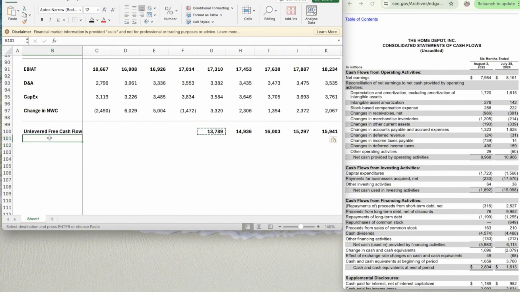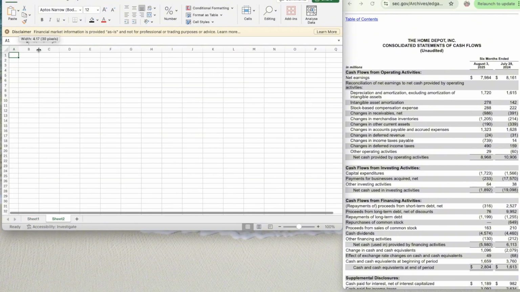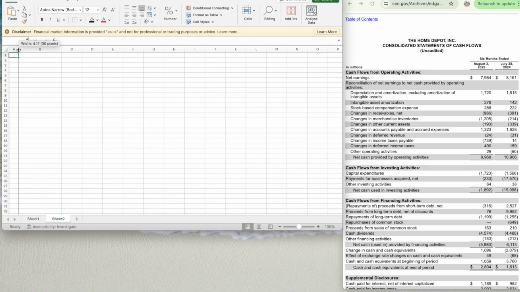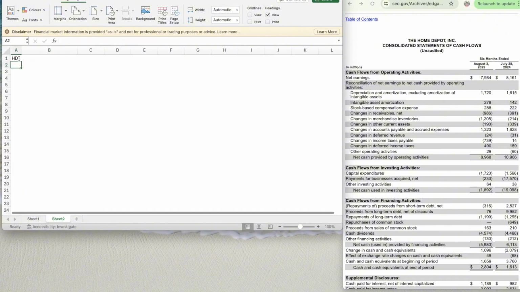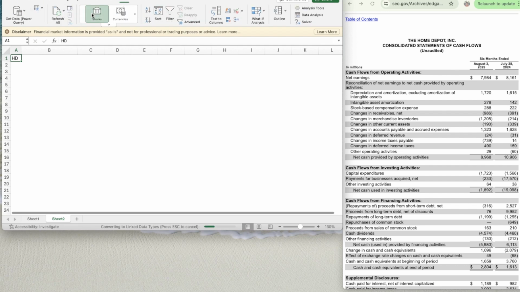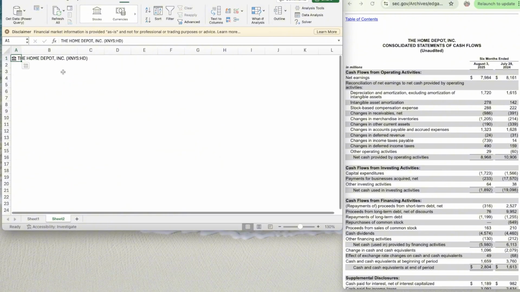We now need to work out what the present value of that free cash flow is. And to do that, we need to build the WACC. So let's do that. Again, grid lines off. Zoom in a bit. HD. We need the data because we need the market cap of Home Depot. And so the WACC, that's what we'll do, and it will consist